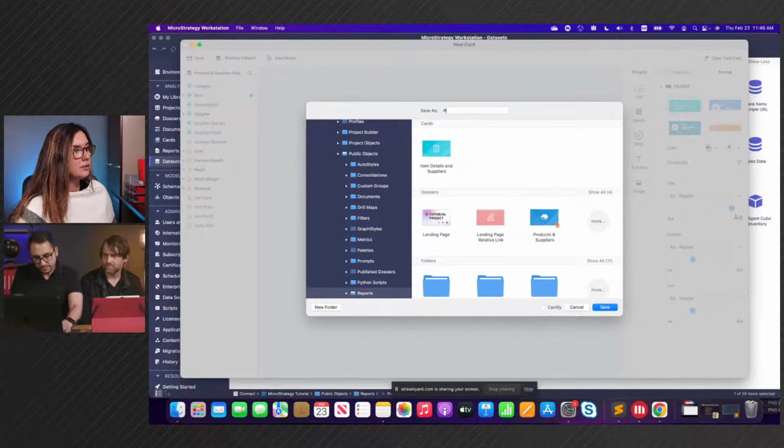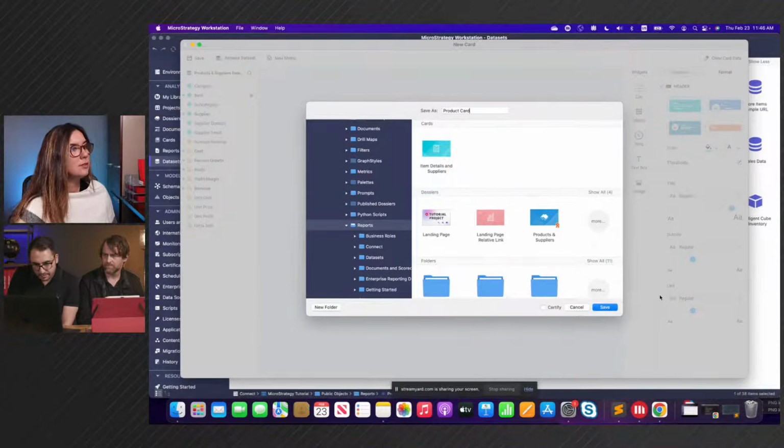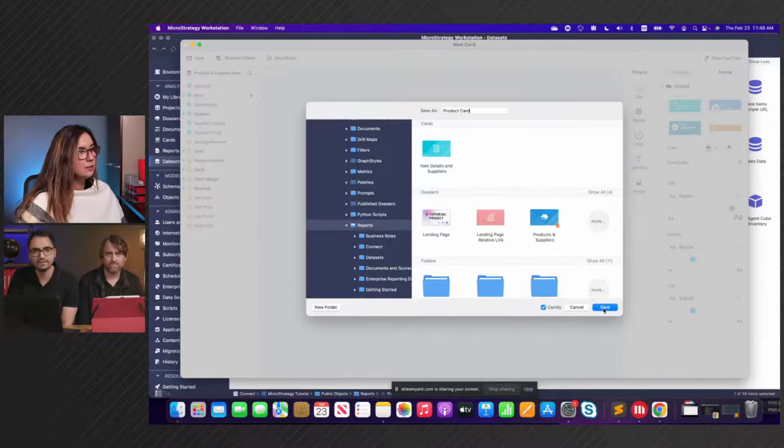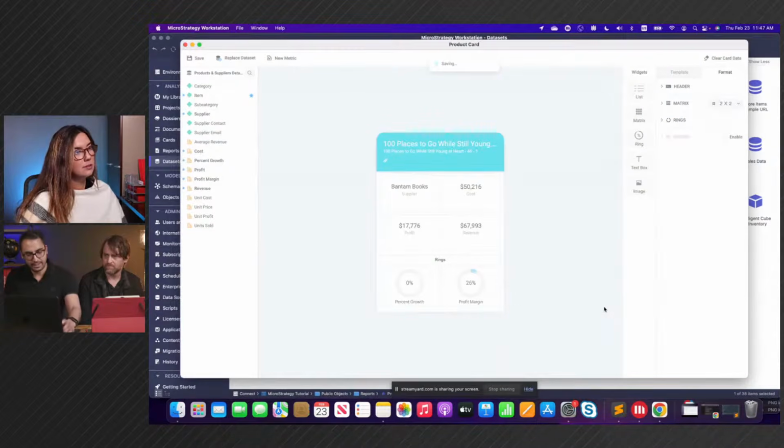And let's say it's our product card. And make sure that we're saving it in our environment. And that looks good. I'm going to certify it as well, right? If I'm an administrator, I have the right privileges. This is a card that comes from the system of record, the single source of the truth. I certify it, save it. And then the beauty of this is that once it's saved,